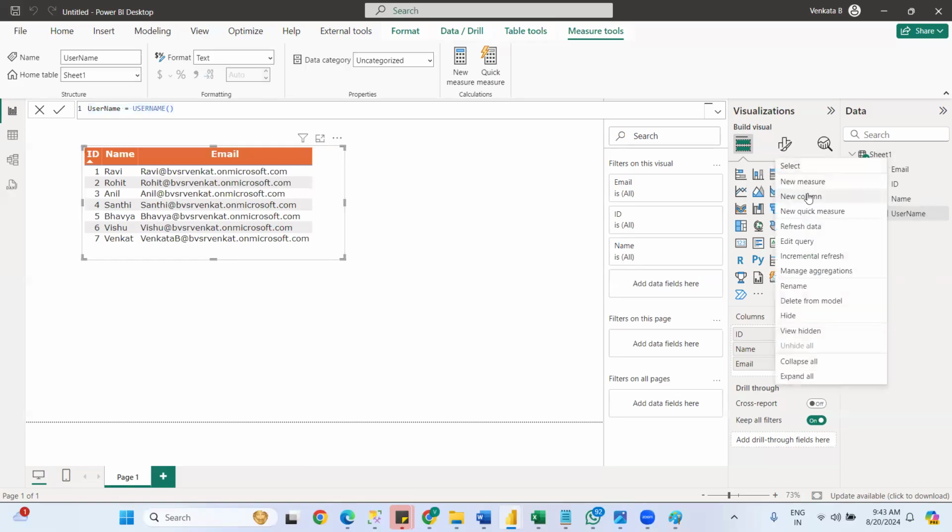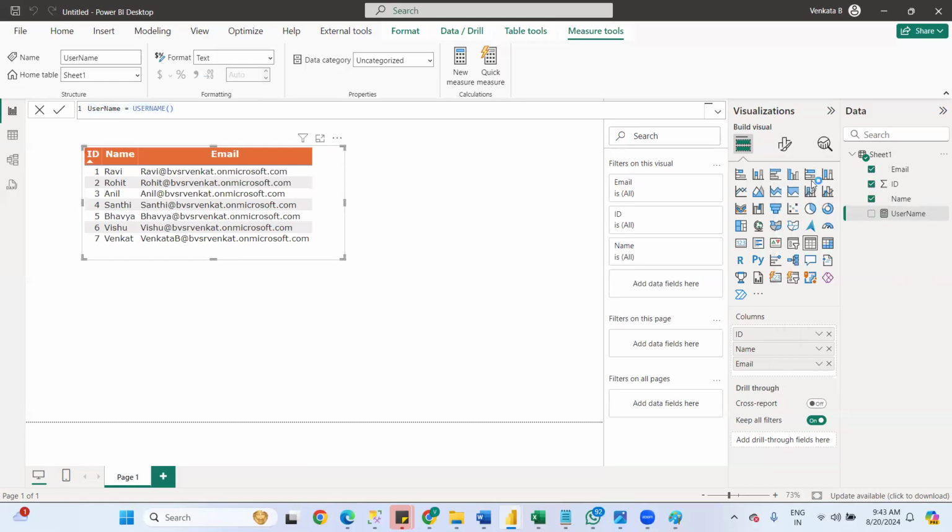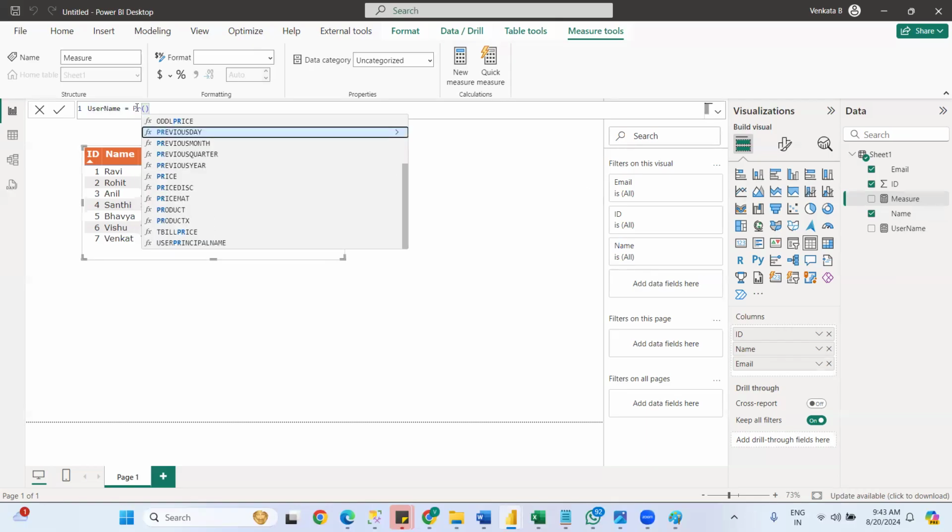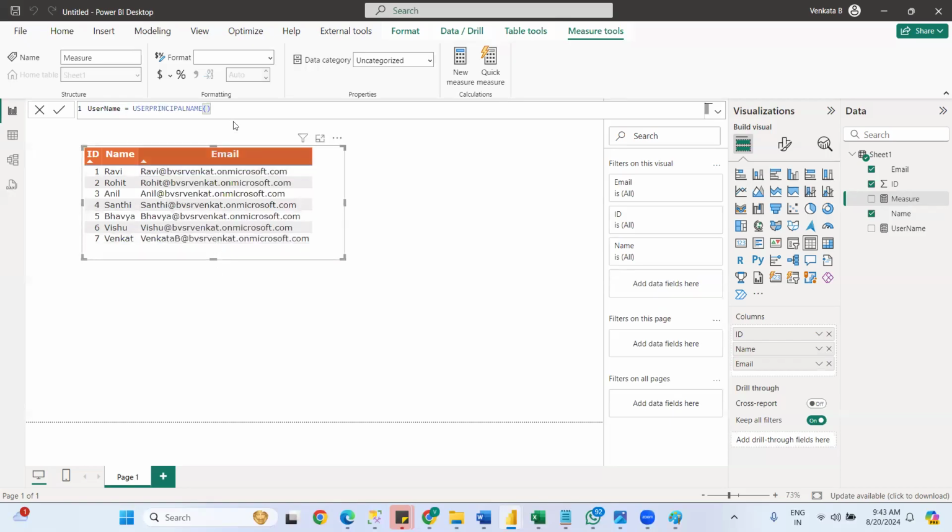Right click, new measure. So these are predefined functions. So username and user principal name. Username will give like